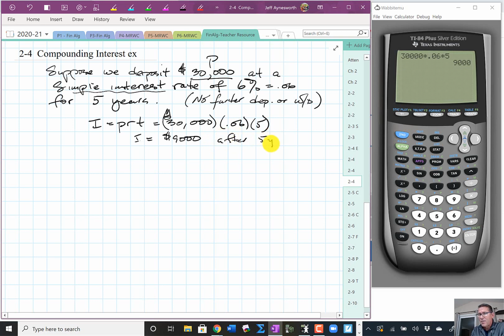This is after 5 years, okay? You have to understand that. This is a simple interest calculation. Not compounded, this is a simple interest calculation. Very important that you guys understand that. So this is based upon the principal only over time, not the principal plus the interest over time. It's a different calculation. So the ending balance